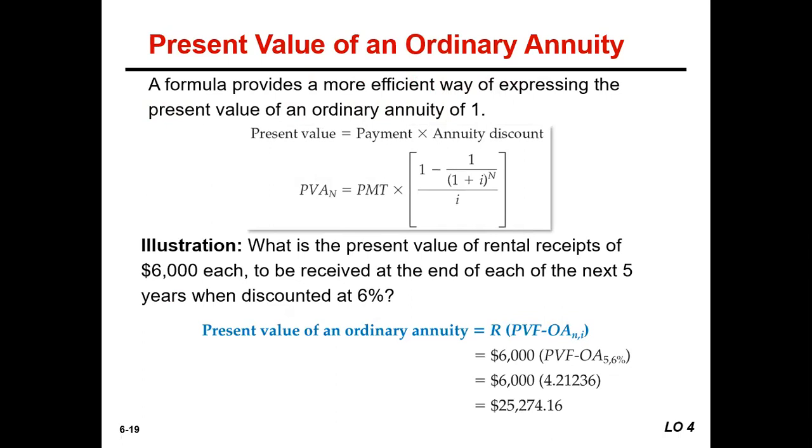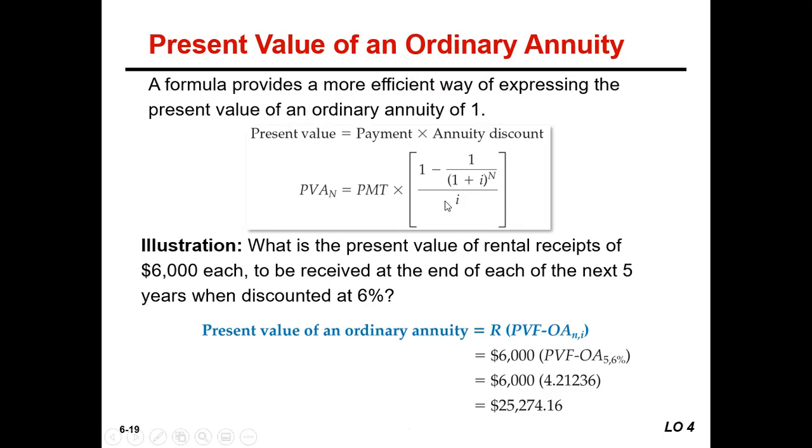Okay, so if we're going to receive rental receipts of $6,000 each for 5 years, then once we get all 5 payments in, that would be worth $30,000, right? 6,000 times 5. But we're going to discount back. We're going to take away the interest. And so in this case, that